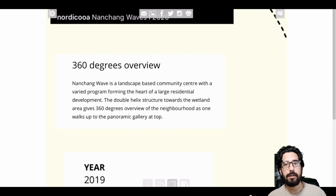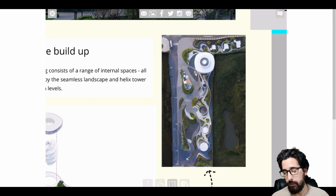Well, essentially, it's an observatory that's located in the heart of a residential district, and it offers the community places to go observe the nearby wetlands as well as hang out in the landscape that they've created. I really enjoy this aerial photograph here because it really shows how the project goes from natural to man-made, and they've basically used the wetland as a natural inspiration to form their own landscape / pocket park